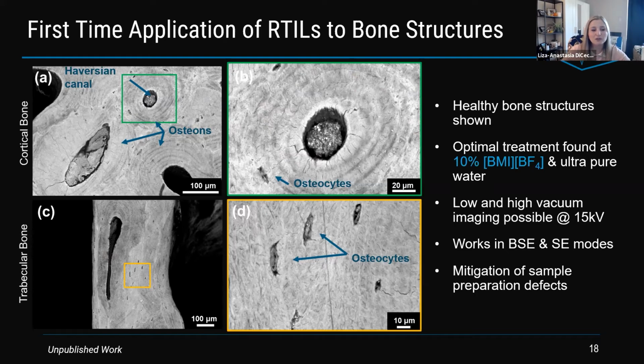And as well, we found with the trabecular structures, these are unembedded samples, so these free floating structures don't really have a good conductive line to the bottom of the SEM stage. In conventionally prepared methods, these trabecular structures were often even difficult to look at. But with the ionic liquid treatment, we could make out really nice features and had no issues with charging. So that was a really cool study we did.